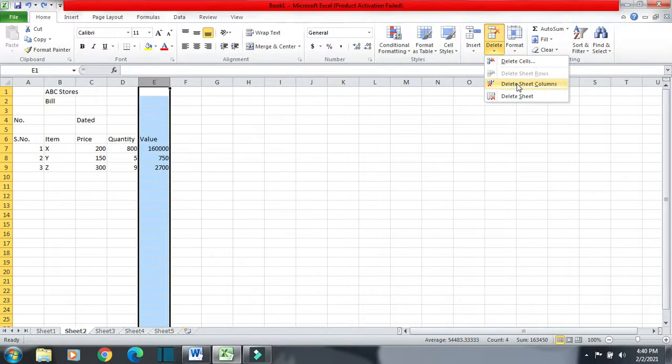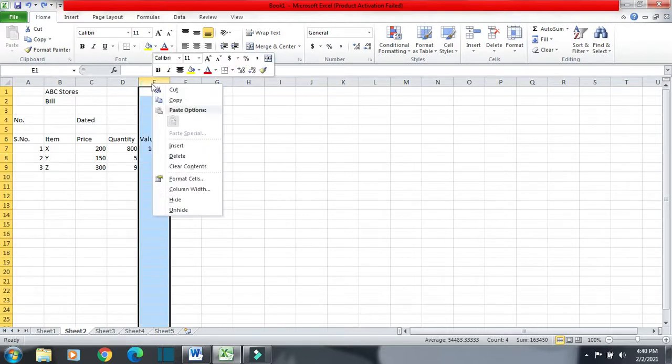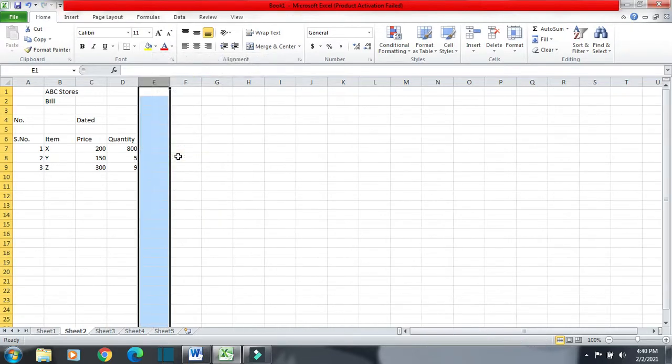So delete and delete sheet columns, the whole column will get deleted. Suppose I have done a mistake, then I will go to undo, and I am having the column back. I can do one more thing, select the column, right click, and then I can click on delete from here also. It will delete the entire column.